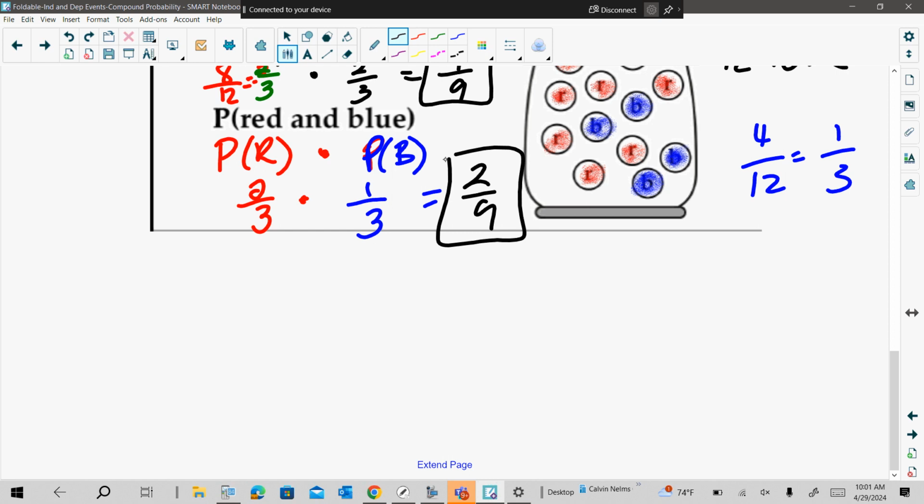All right, so this is examples of independent events. We're going to start doing compound events. So that's going to be 2 or more events at once. And then whenever we have 2 or more, we're going to multiply the probability of each. All right, so for dependent,